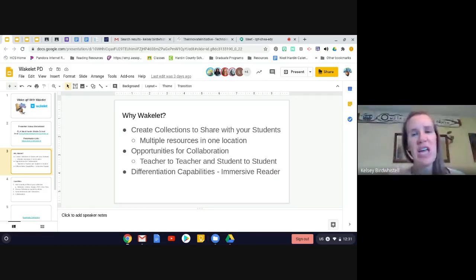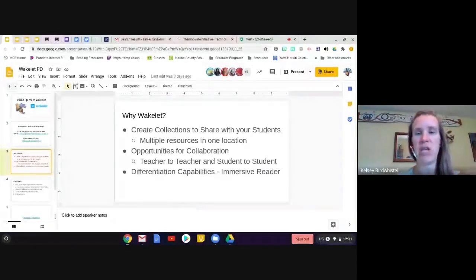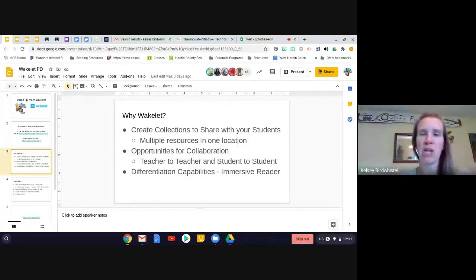You can create collections of resources online to share with your students, and then you'll have multiple resources in one location. So for example, instead of me going on my Google Classroom and posting 5 different links of different things that I want my kids to look at, I can get all those things together and throw them into one Wakelet collection, and then send my kids to that one link so that they can have everything in one place.